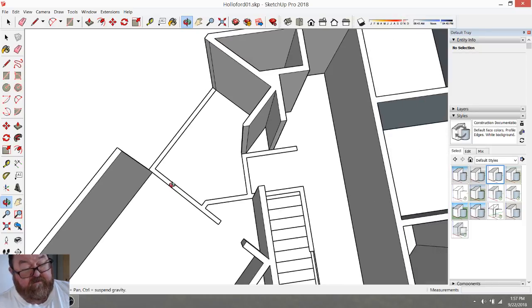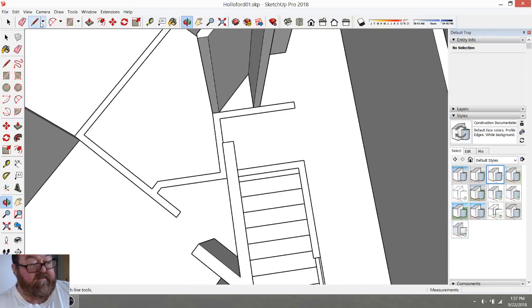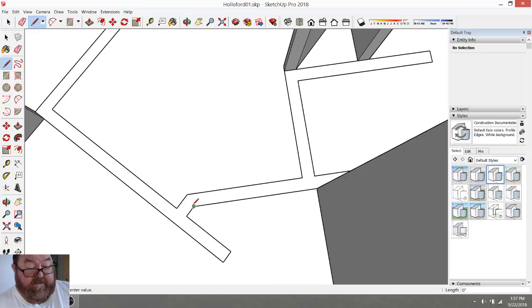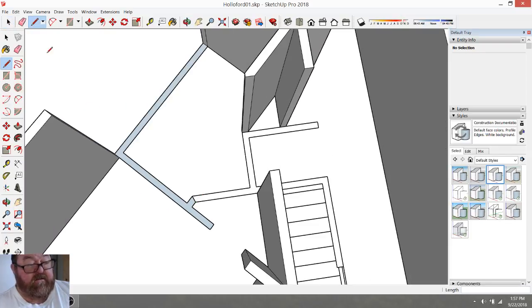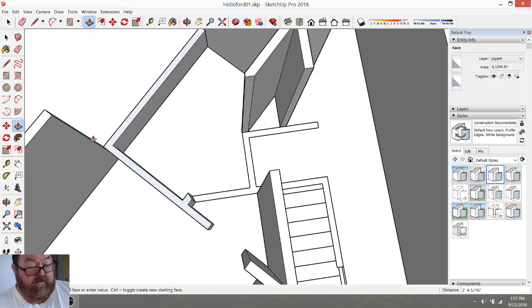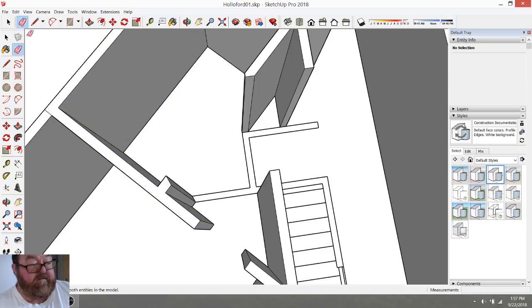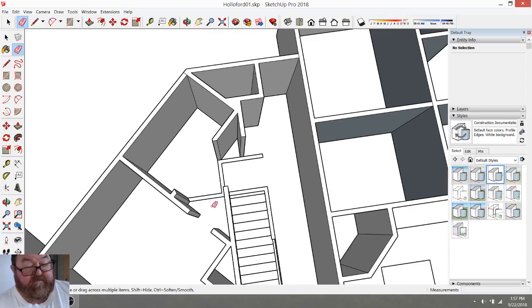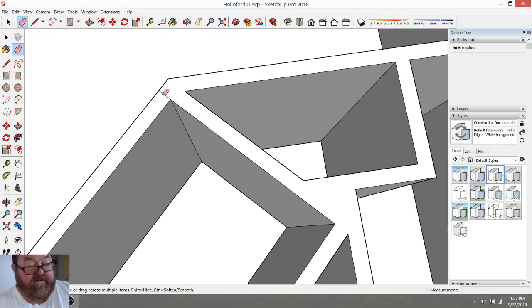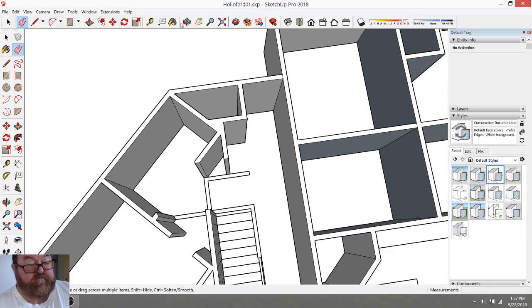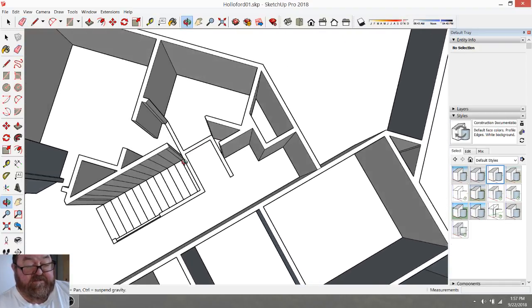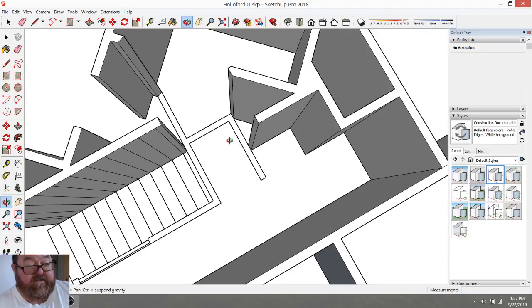Let's see what's going on now. What are you picky about now? SketchUp. This angle right here, you don't like that? I'm just kidding. I like SketchUp. It can be as simple or as complicated as you want it to be, and usually once you get past these little fussy parts,